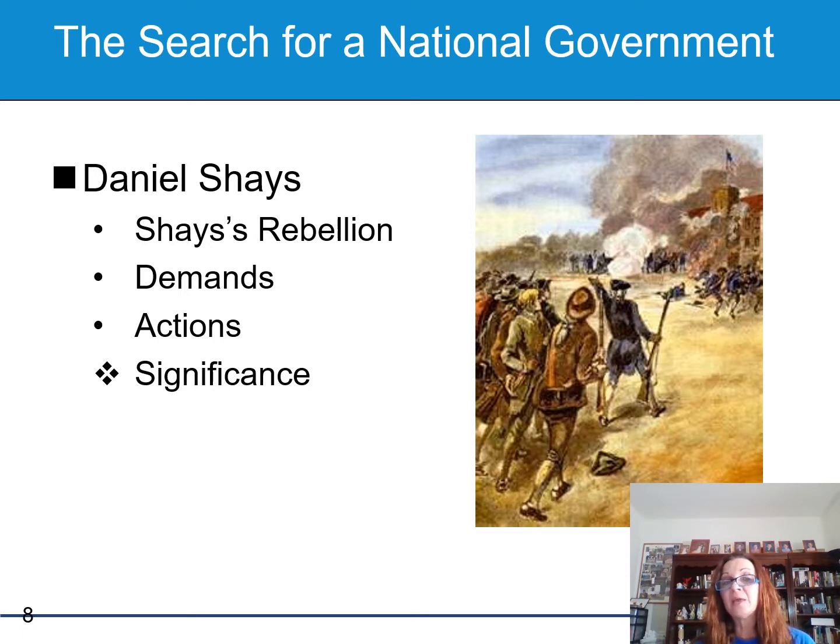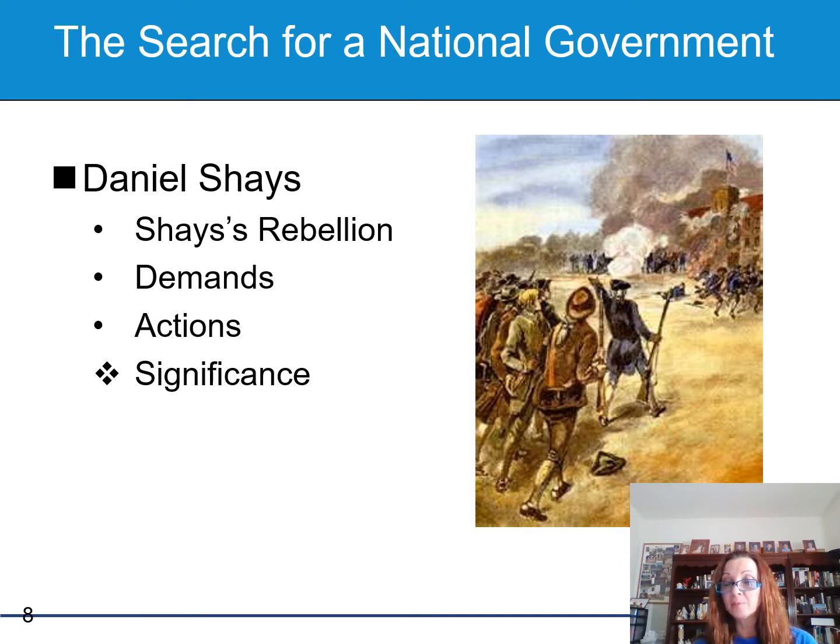A second thing that they were demanding was a reduction in property taxes. They felt that it was unfair that simply because they owned land, even though they weren't making a lot of money, that they were paying the majority of the bill for the government. So they want a reduction in property taxes. And the third thing they wanted was a suspension of the farm foreclosures. They wanted the government to demand that the banks stop